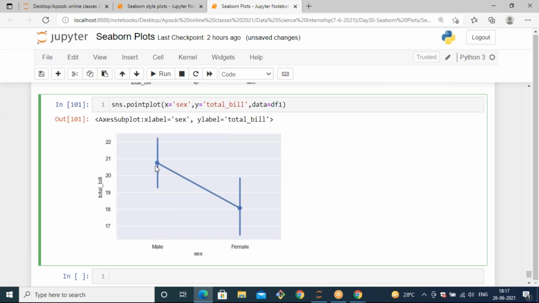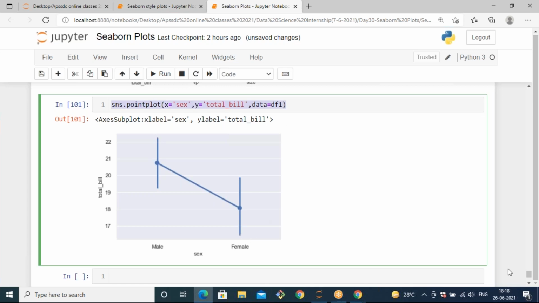The male category's total bill lies between 19.2 and 22, and the female category's total bill lies between 15 and 20. Like this you can point out any kind of variables, and you can specify the estimator also.